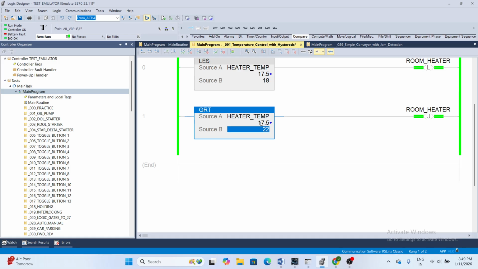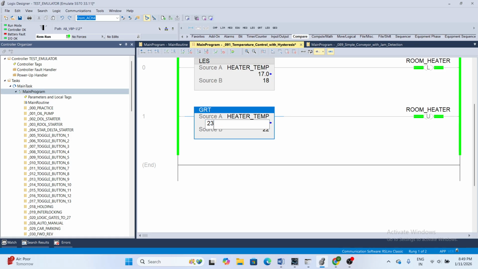When the temperature goes above 22 degrees Celsius, then the heater should be off. Understand? When the temperature goes below 18 degrees Celsius, then the heater should be on. Understand?